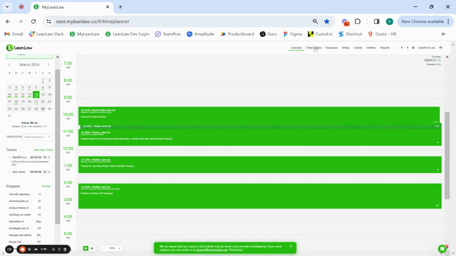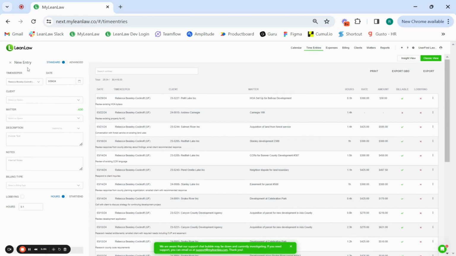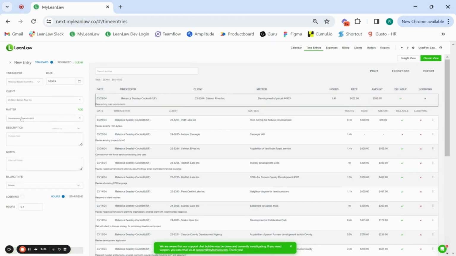And then if you're wanting to enter time in bulk, you can go ahead and do the same thing through our time entries page where, again, you would enter the client, enter the matter, your description, and then you just put in the time. If it's something that needs to be non-billable or you want to log it against a fixed fee, you can do that as well. And then you just create that time entry, and then you can continue to create additional